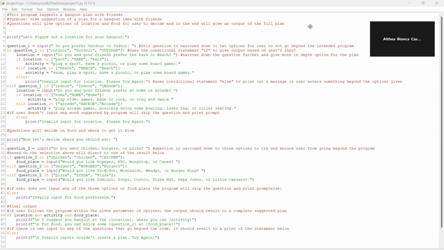Therefore, I decided to change it and give broader options of users' input for the program to accept whether the input is fully capitalized, only one letter is capitalized, or none. This is to keep the program going and still giving out the intended output.